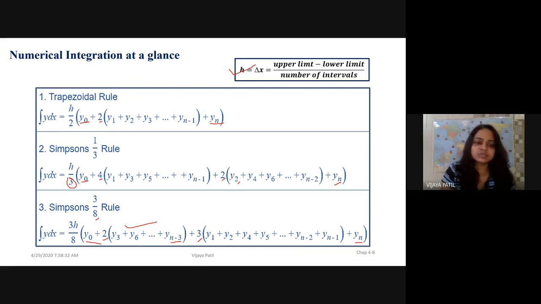Now, for example, one question has been given and they are asking you to compare the values of the numerical integration with the trapezoidal, Simpson's 1/3 or Simpson's 3/8 rule. What should my n be, so that it is applicable for all these three? For the trapezoidal rule, there is no constraint on n. For Simpson's 1/3, yes, there is a constraint: n should be even, and for the 3/8 rule n should be a multiple of 3, right? So I should choose my n in such a way that it is common for all of them.